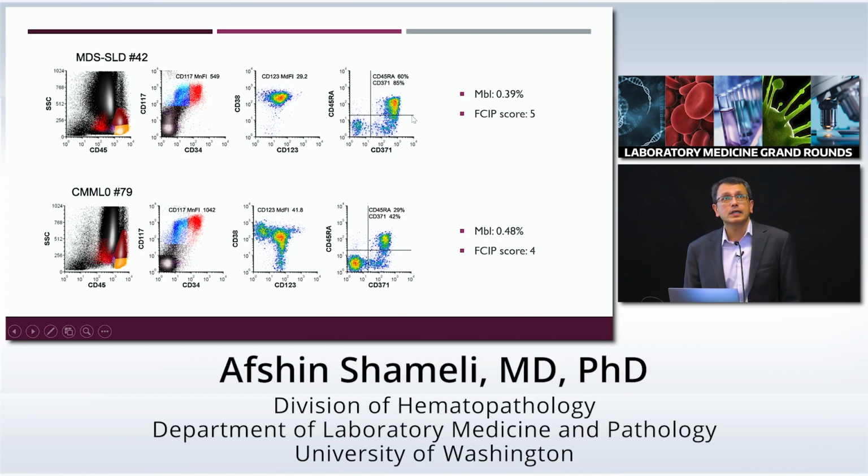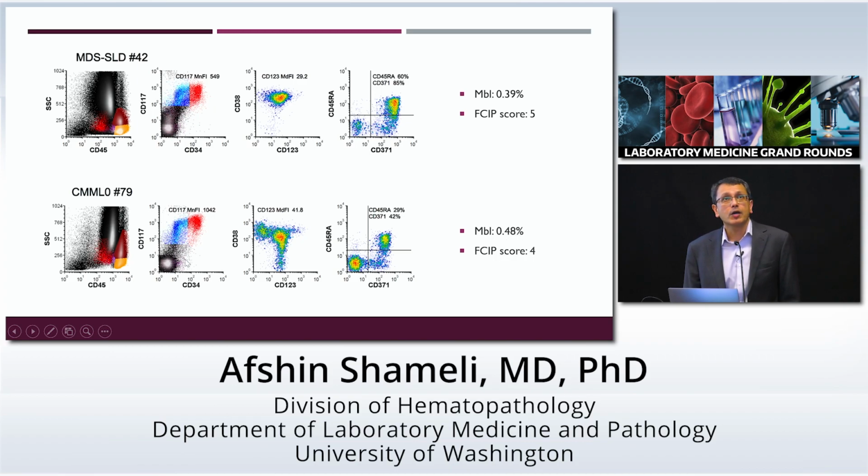You can see this case was a case of MDS with single lineage dysplasia that showed a slightly decreased expression of CD45 with a slightly increased expression of CD117, increased expression of CD123, and abnormal heterogeneity of the myeloblast population with increased expression of CD45RA and CD371, giving a flow cytometry score of 5, which was positive for immunophenotypic evidence of dysplasia. This was a case of CMML0, which had a blast percentage of